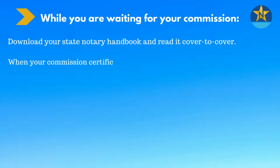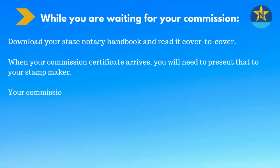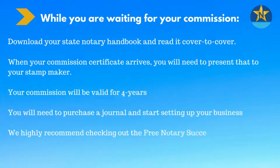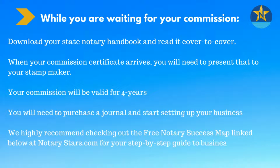When your commission certificate arrives, you will need to present that certificate to your stamp maker. Your commission will be valid for 4 years. You'll need to purchase a journal and start setting up your notary business. We highly recommend checking out the free Notary Success Map linked below at notarystars.com for your step-by-step guide on setting